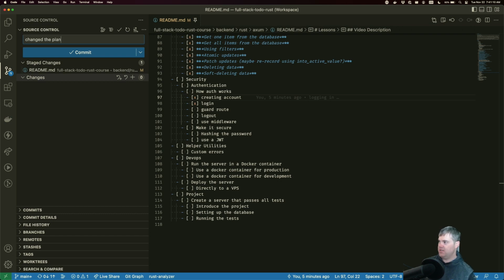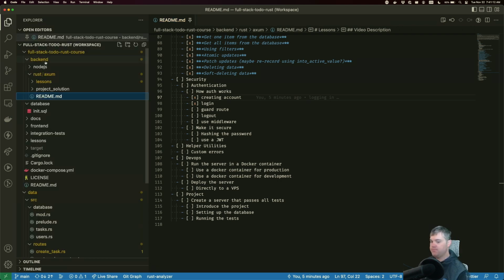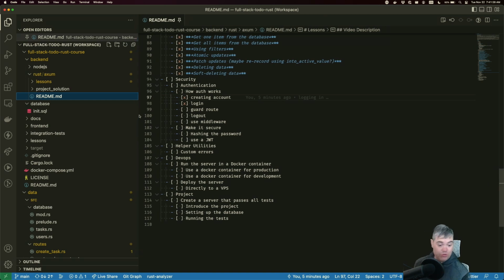Change the plan. Okay, and I think that should be good. I'll probably just use X-Auth-Token and just sort of mention that I'm old school. I use the X dash when you don't really need to do that anymore. That was just an old school thing that you needed to do back then.